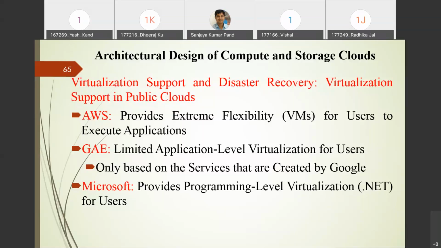So AWS, if you see, provides extreme flexibility. You can visit the Amazon EC2 website, Amazon EC2 instance. You can create your account, or you can go for Amazon S3. You will see the virtual machines you can create based upon the templates already given on these websites.